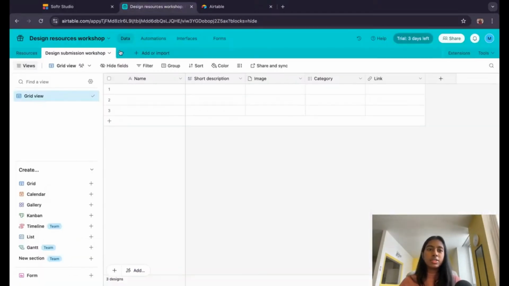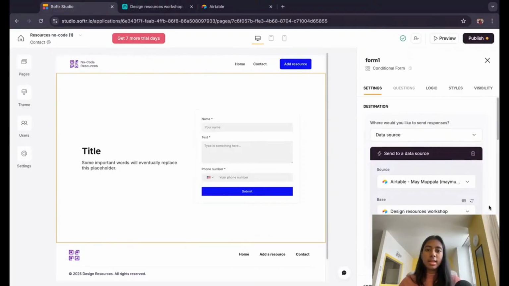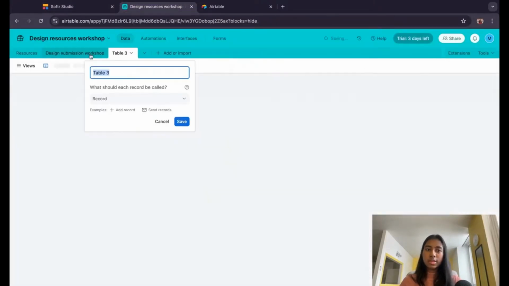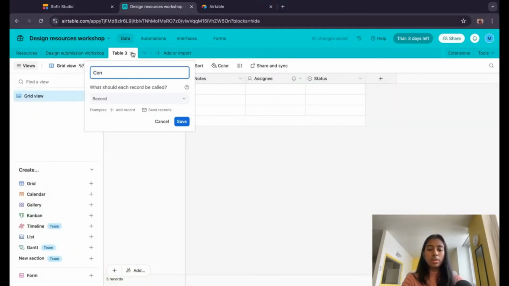I would create a new table and link it to that. But for now, I'm just going to link it to Design Resources Workshop. But please don't do that when you're building your site because you'll get confused. You won't have values to map them to. But honestly, let me just make a new one. Start from scratch. Contact